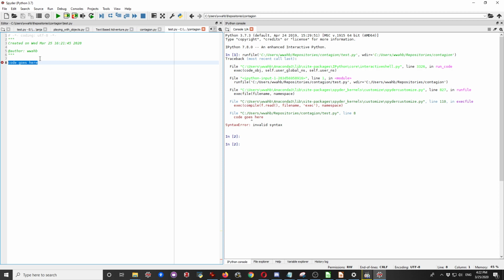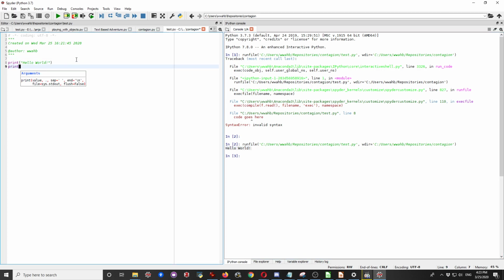If I did a very simple program, which is the print function and then a string, hello world. Now I could run this code, and here's this telling me it ran that file again, and it prints out to the screen, hello world. If I made a second print statement here,